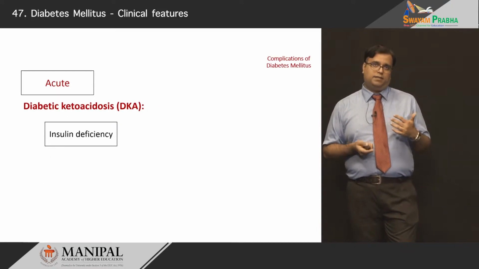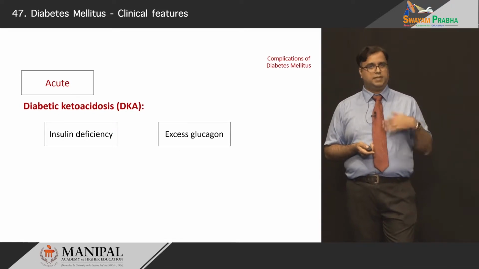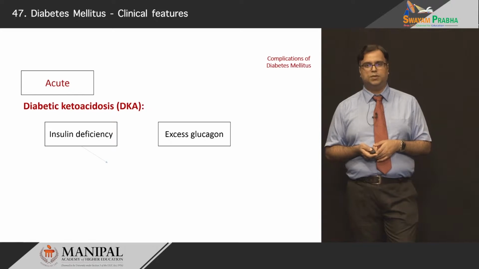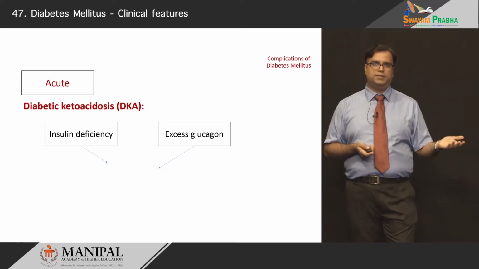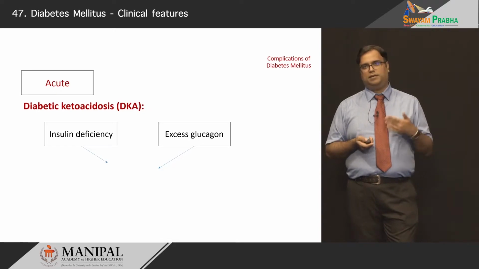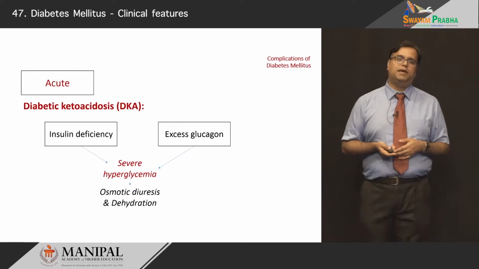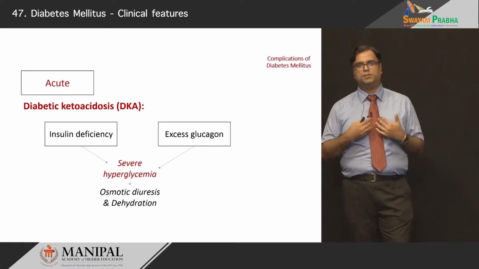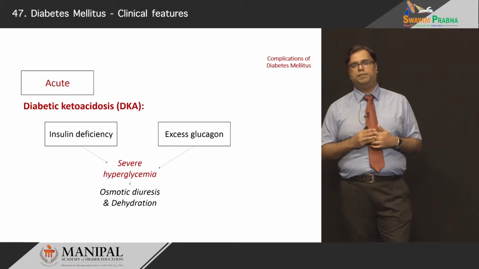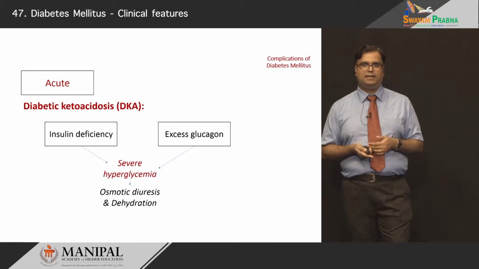Also, underlying all this is an absolute lack of insulin. The deficiency causes a spike in the counter-regulatory hormones such as glucagon. Both of these, an excess of glucagon and a lack of insulin, result in severe hyperglycemia, which, as we have understood in the chart earlier, causes osmotic diuresis. A lot of water will be excreted by the kidney, resulting in a relative dehydration-like state, and we